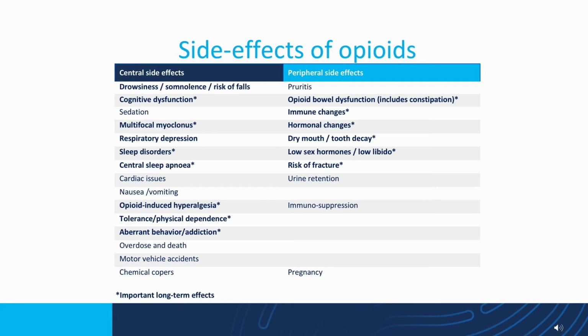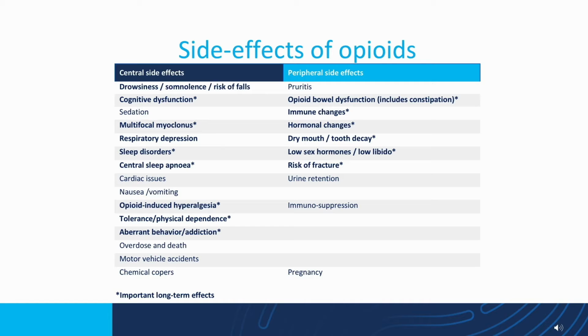They don't always understand what opioid-induced hyperalgesia is, but you've got to explain to them that at some point the opioids become the problem. Hyperalgesia is a heightened pain sensitivity, and that can occur because of the chemicals themselves. This follows studies done in the anesthetic world, where patients get opioids in the perioperative setting and wake up with more severe pain compared to those that don't get certain opioids. So opioid-induced hyperalgesia is a phenomenon. Tolerance, dependence, aberrant behaviours.